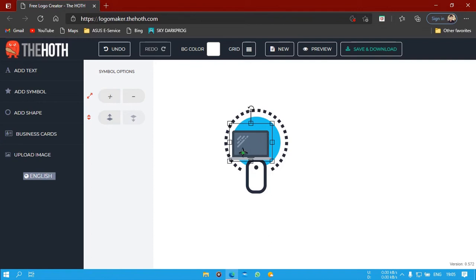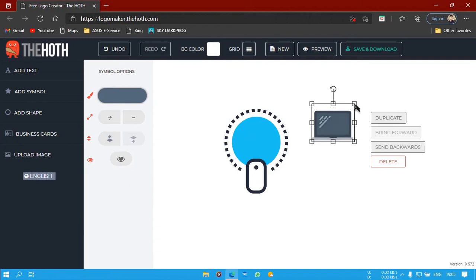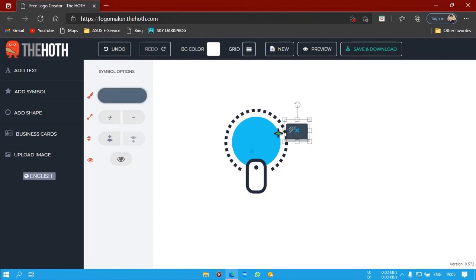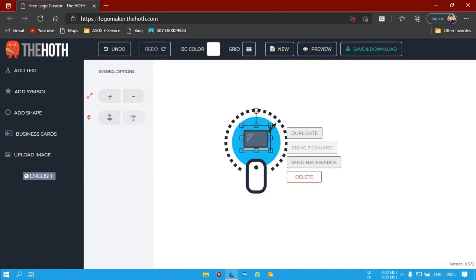Now we will make this icon more fancy, so just drag this to bring it small, like this. Now let's say you want to change the color of the icon.